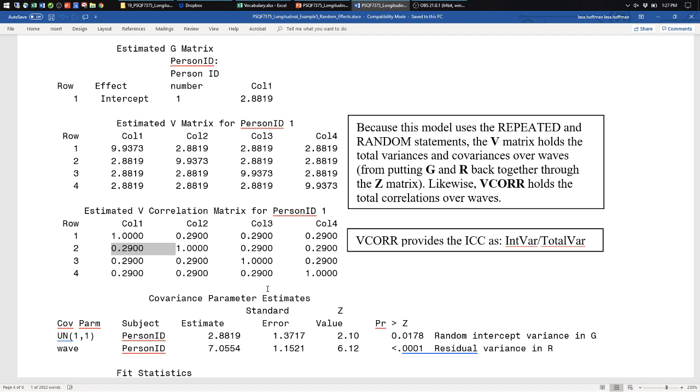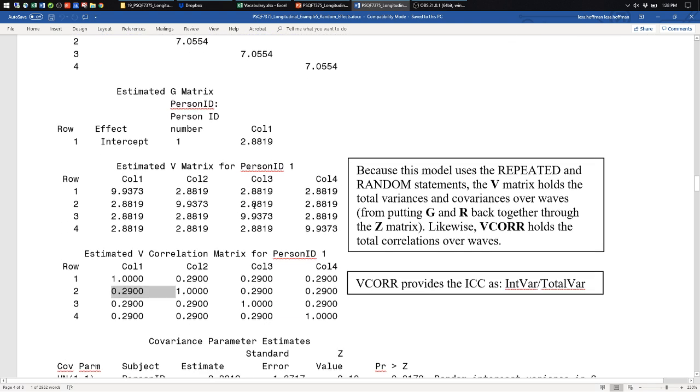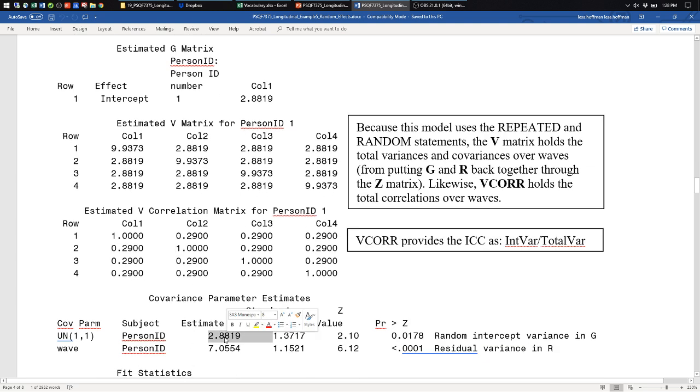ICC, yeah. So 29% of the variation in this outcome is between or within persons? Between. Is that cross-sectional or longitudinal? Cross-sectional. 29% of the variance is due to existing person mean differences. So the two parameters that are being estimated in my model for the variance that make up these patterns then, the 7 and the 2.88,